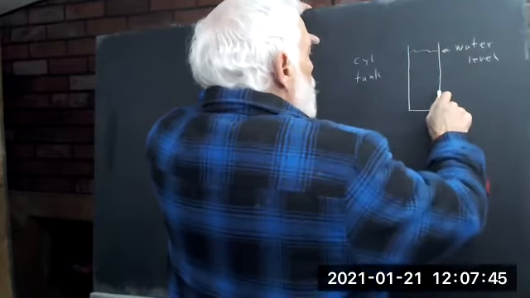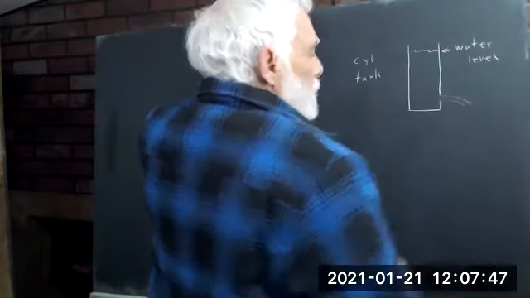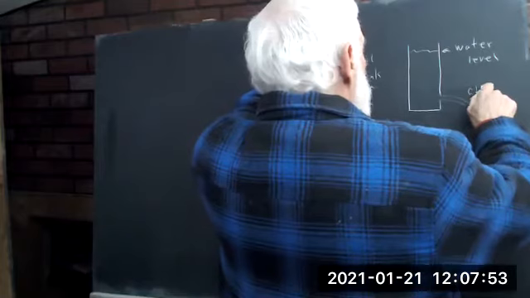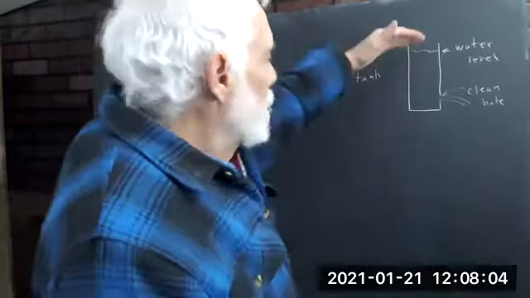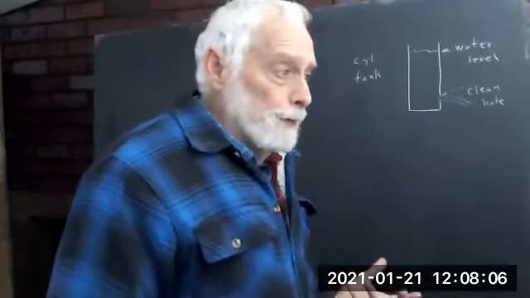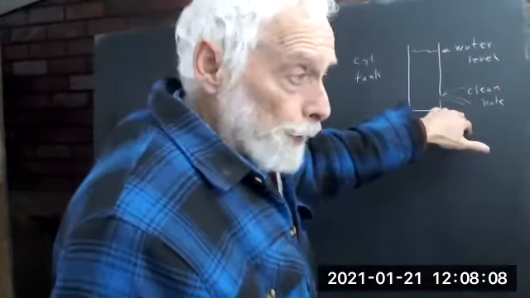You got the water level. You got water flowing out of the clean hole. Water's flowing out. So obviously, as the water level decreases, the pressure decreases, the rate at which water flows out